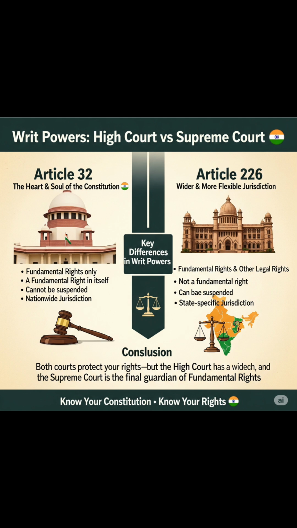Remember the Romesh Thappar case? In Romesh Thappar v. State of Madras, 1950, the Supreme Court held that Article 32 is itself a fundamental right, meaning a person can directly approach the Supreme Court if their fundamental rights are violated. The Supreme Court is the protector and guarantor of fundamental rights, and for Article 226, in case of TC Basappa v. T. Nagappa 1954, the court clarified that Article 226 empowers high courts to issue writs not just for fundamental rights.